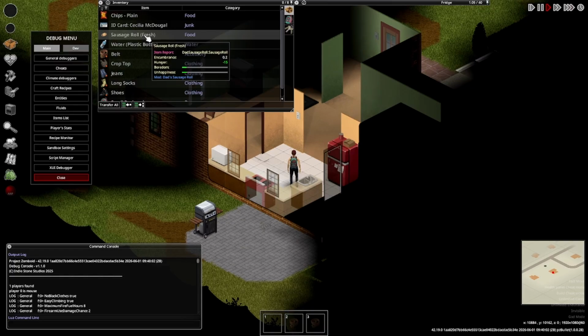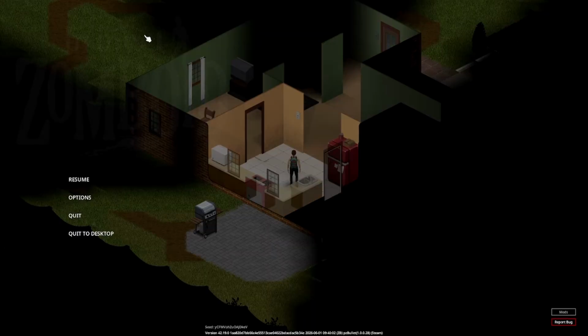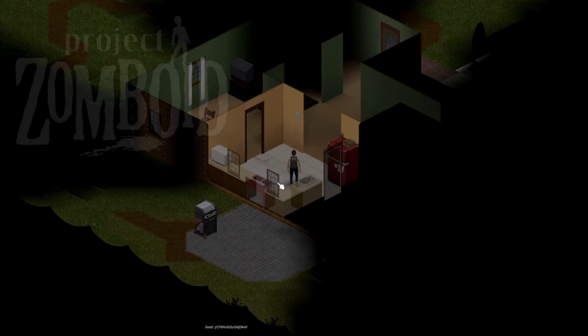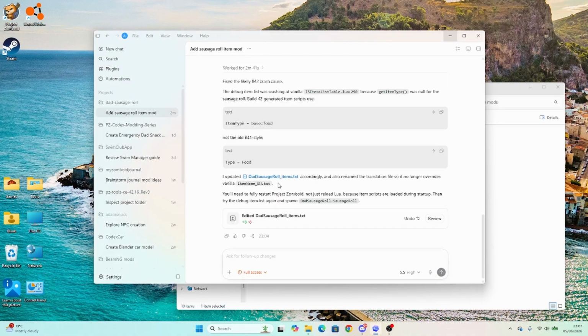Without too much messing about, we've managed to go from absolute zero, create our folder, and then quit to desktop, and then load it into Project Zomboid and actually have an item that we can start using. So like I said before, some of the things are a little bit rough around the edges. So